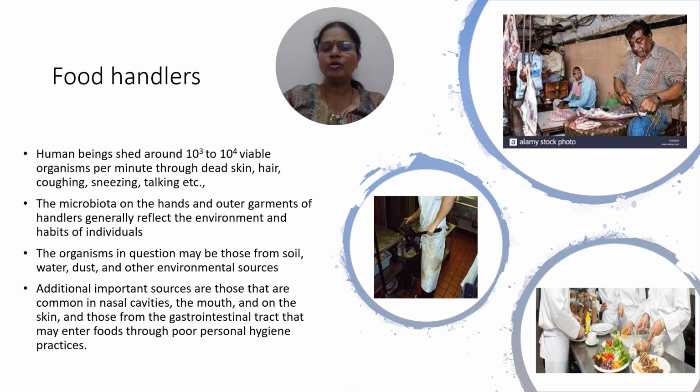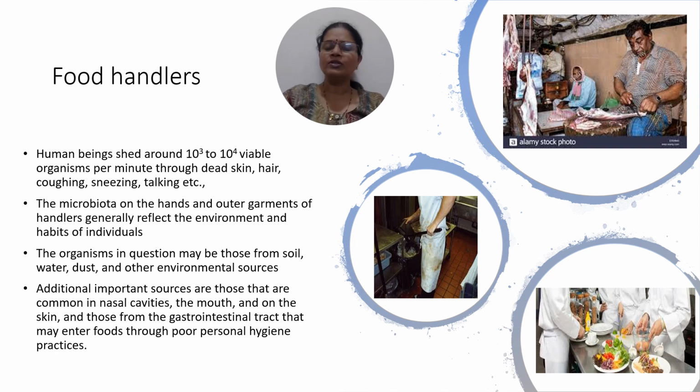So these microbial populations will keep on being shed in the environment through dead skin or hair, or while they talk or cough or sneeze. So they say that around 10 to the power of 3 to 10 to the power of 4 viable microbial cells are shed per minute by one person. So these microbes can be very well present in the surrounding environment where the human beings are present,